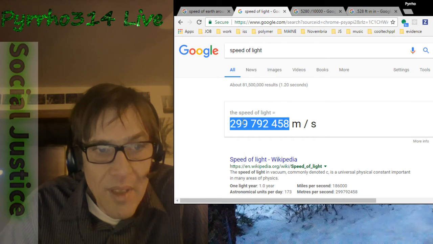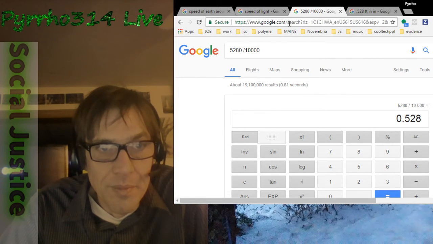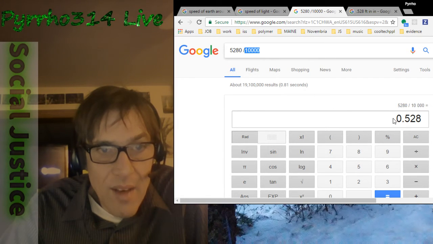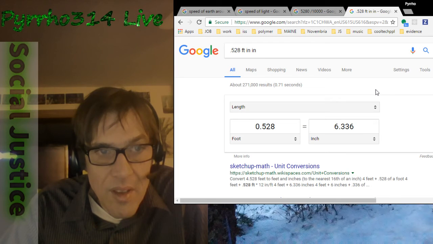So that is definitely 1/10,000th, roughly 9,000 something. So if the light is going a mile, we can divide that by 10,000 and find out how many feet that is. 5,280 feet divided by 10,000 is half a foot. So we got 6 inches. So in a mile it would deflect 6 inches.